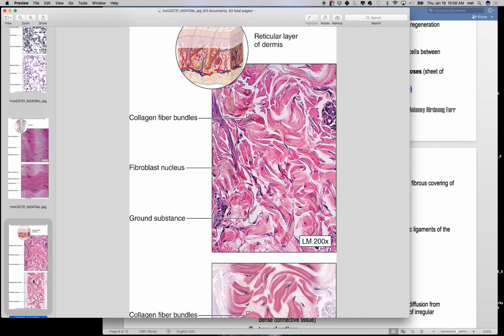So fibroblasts and the bundles of collagen going a bunch of different directions means that you can pull from a bunch of different directions on that tissue. So where would I use that? I would use that outside of a bone, the covering outside of a bone, because how many different directions am I going to yank on the femur? Well, I got muscles going this way and that way, and I can yank on it from a bunch of different directions. So it's called the periosteum outside the bone, the perichondrium outside of cartilage, and then the dermis of